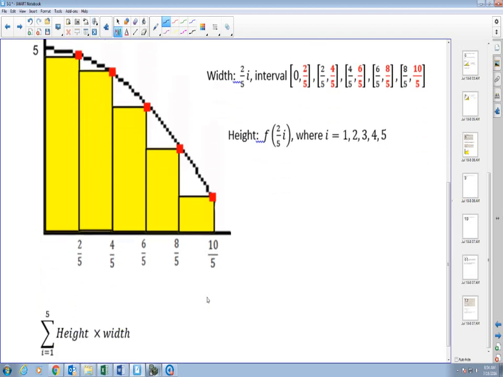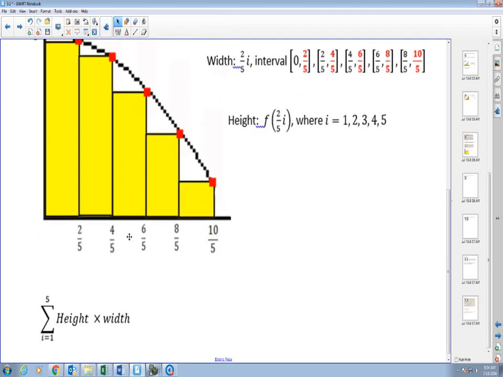So what we want to do is sum up from i equal to 1 through 5 of all the heights times the width. Rather than do this one at a time and then add them up, I'm going to go ahead